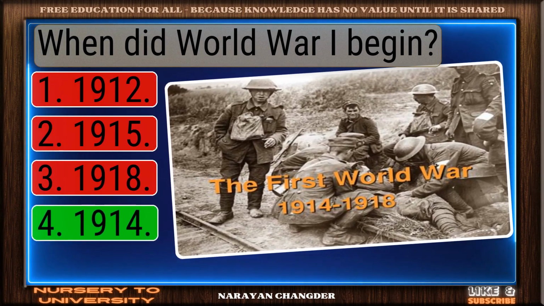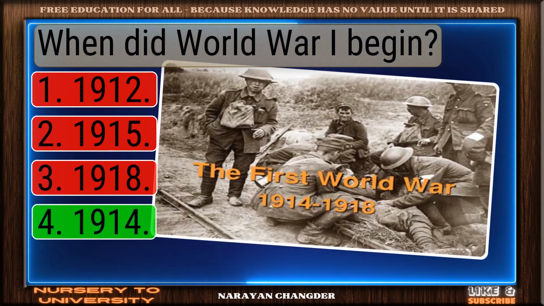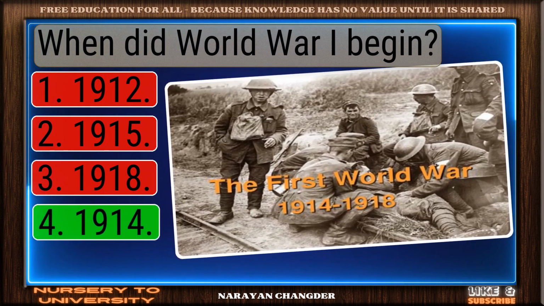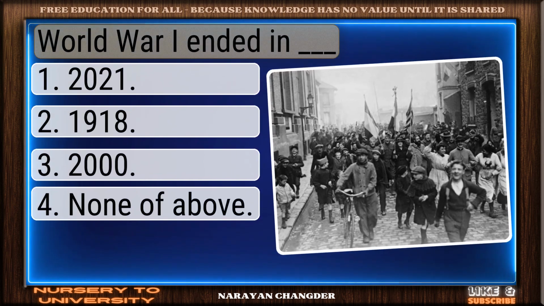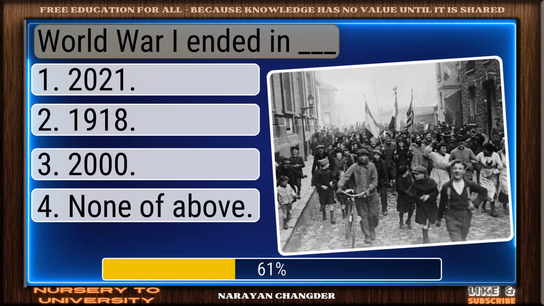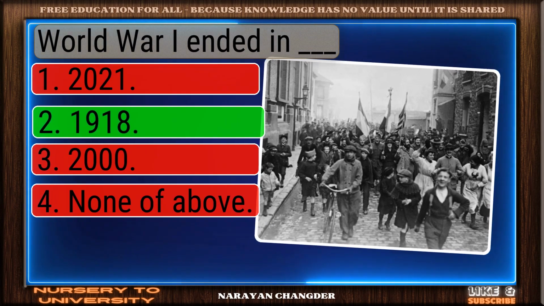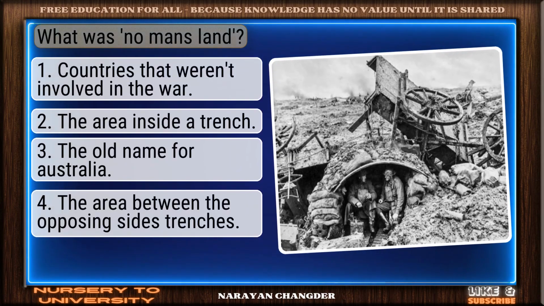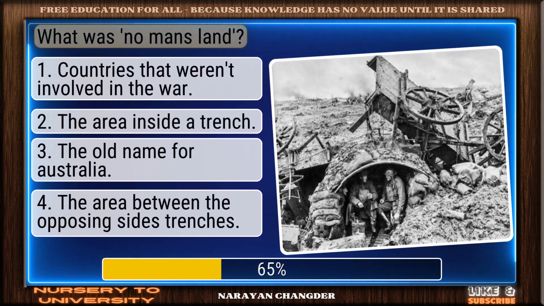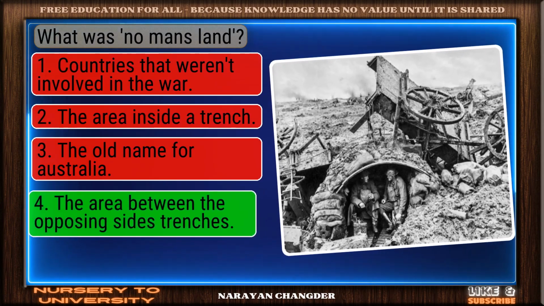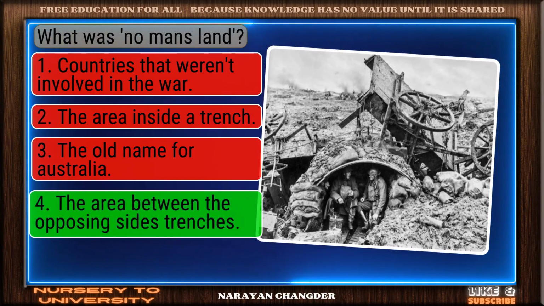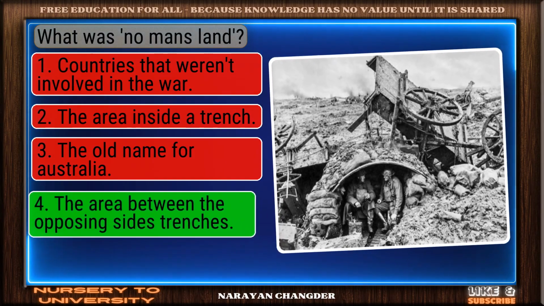Clear logic. Your choice 1914 is sound and 100% true. World War I ended in Dash. Correct. 1918 is the right answer. What was No Man's Land? Nice selection. The area between the opposing sides' trenches is the